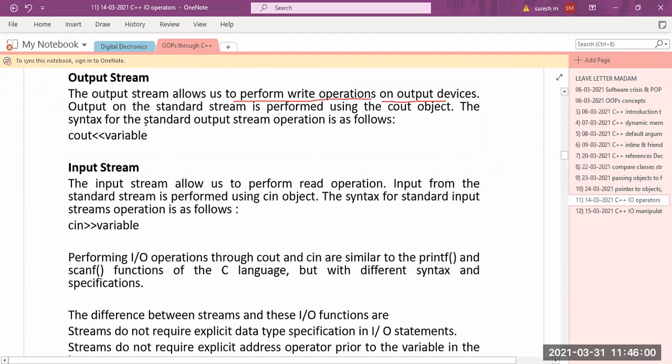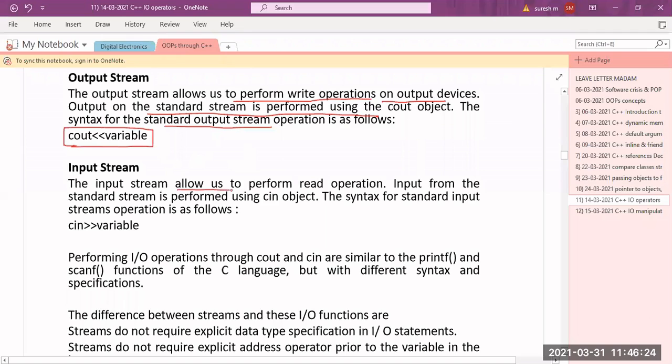Output to the standard stream is performed using the cout object. So the syntax for the standard output stream is nothing but cout. Cout is a standard output stream object, because it is the standard output device, that is the monitor. That's why cout is a standard output stream object.